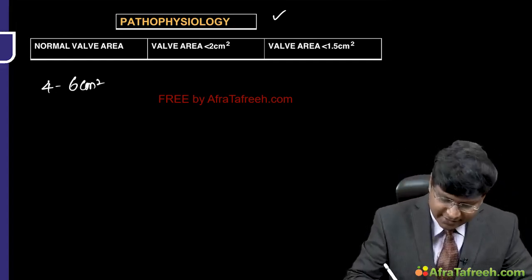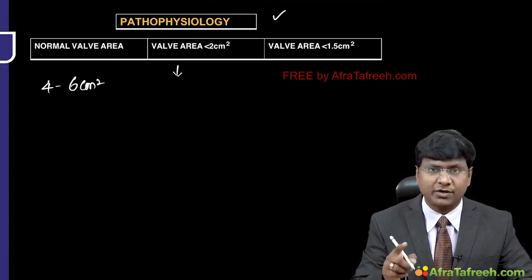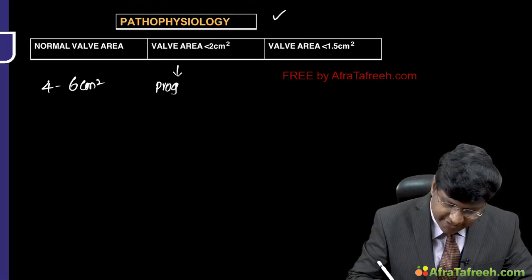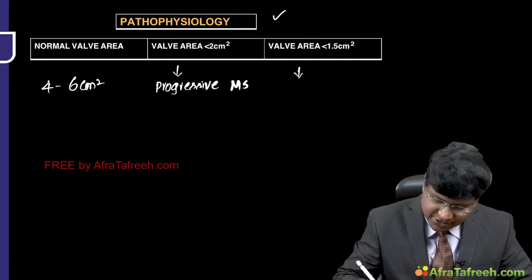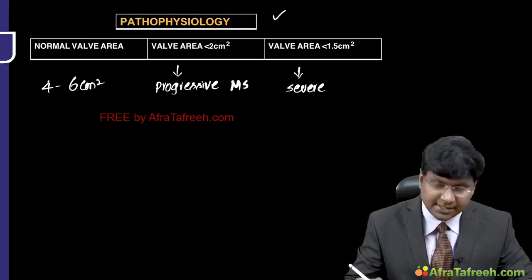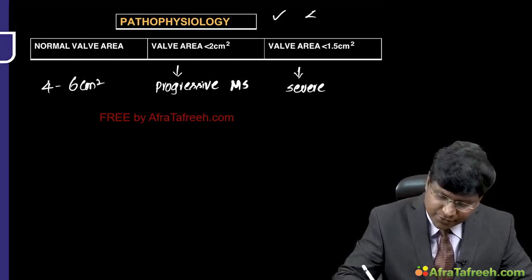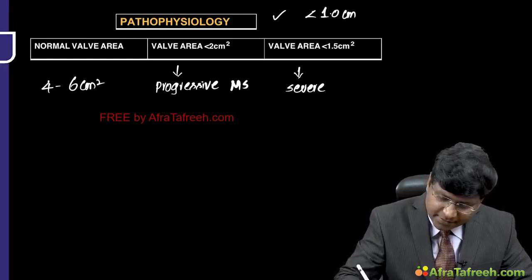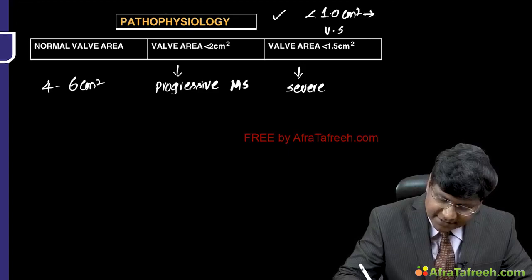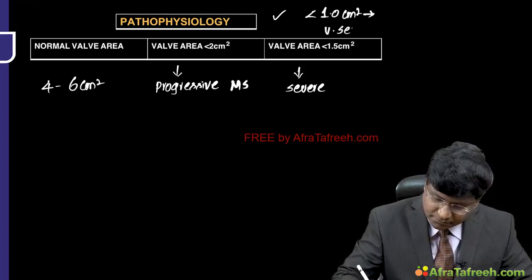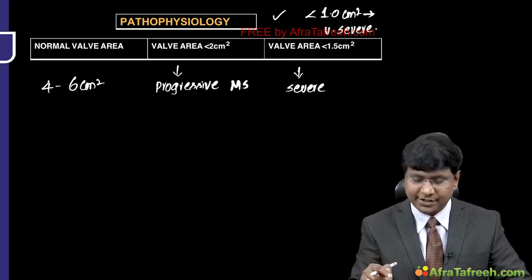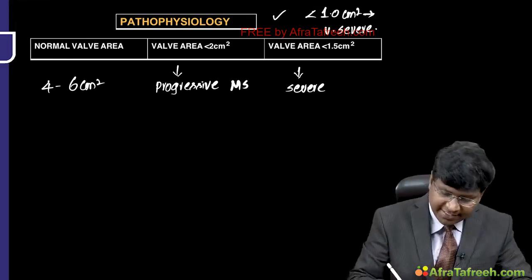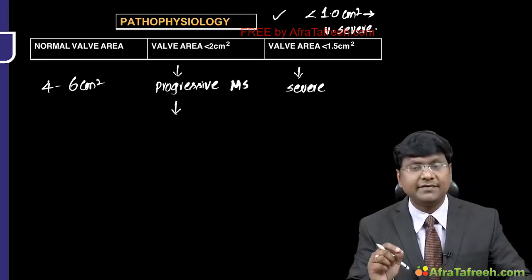When the mitral valve area is reduced to less than 2 centimeters square, we call it mitral stenosis, and this we call progressive mitral stenosis. And if the mitral valve area is reduced to less than 1.5 centimeters square, this we call severe mitral stenosis. And if the mitral valve area is reduced to less than 1 centimeter square, this we call very severe mitral stenosis. Now, let me tell you what happens when the mitral valve area is reduced to less than